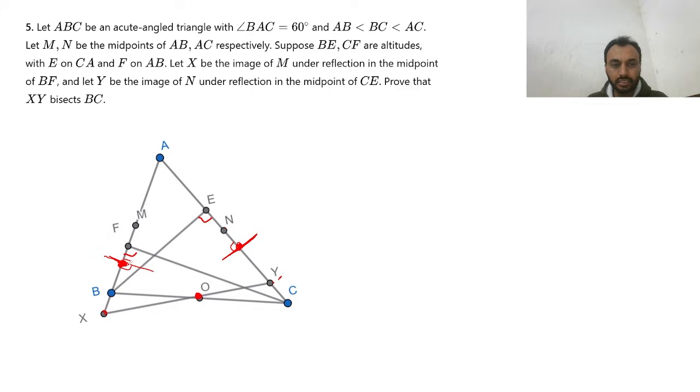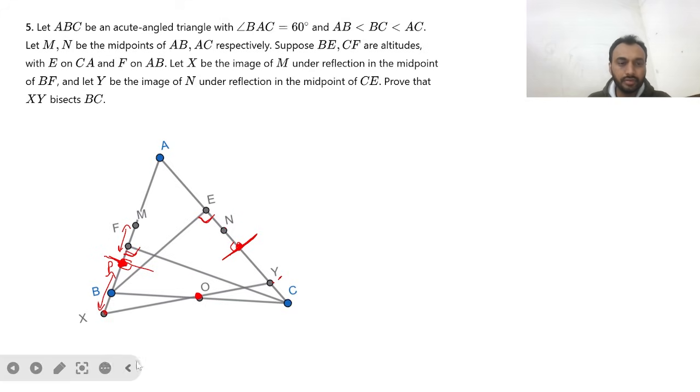So the reflection about a midpoint is basically the reflection about the perpendicular bisector at the midpoint, right? Because only then, if I say this point is P, PM is equal to PX. That is what we are saying. So we are moving along this line, so we are reflecting about the perpendicular bisector of BF. This is the one thing that we can say. The second point is we have